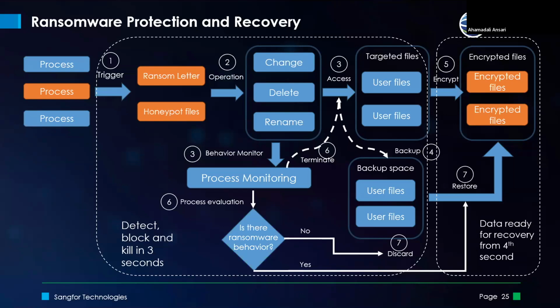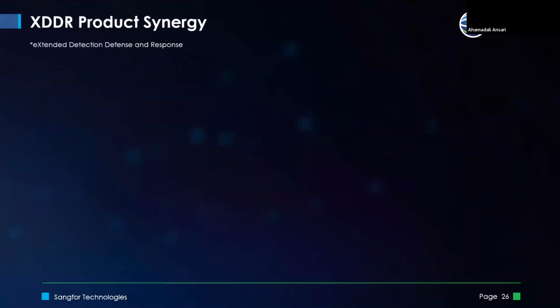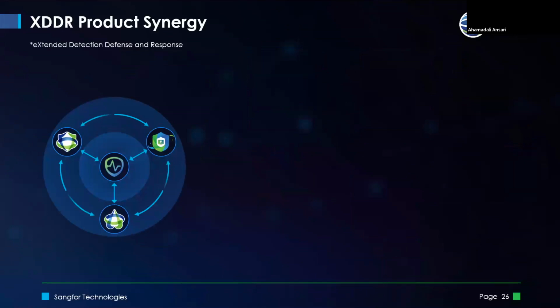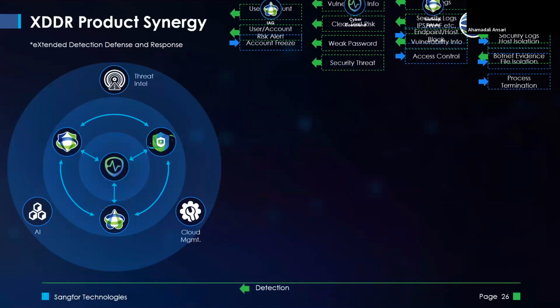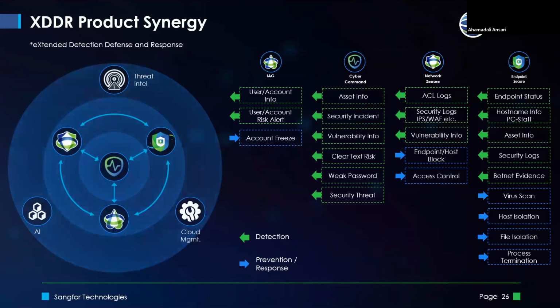You can view all the modifications done directly at the machine level, select those files and revert them back to their original state. That's something we try to do when backup files are happening. So this is where the ransomware protection and recovery can be done very easily from the Sangfor Endpoint Secure. With all of this, we also try to cover the entire platform, whether it is Endpoint Secure, Network Secure, Secure Internet Access, the IAG, all together can be added up to provide complete protection.